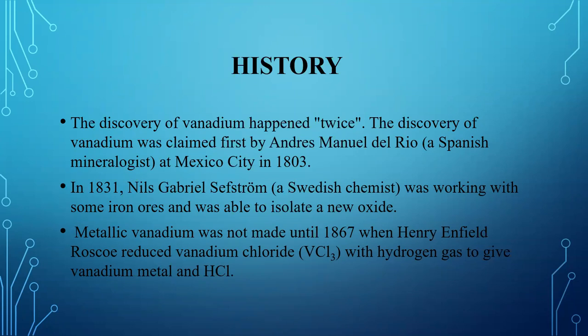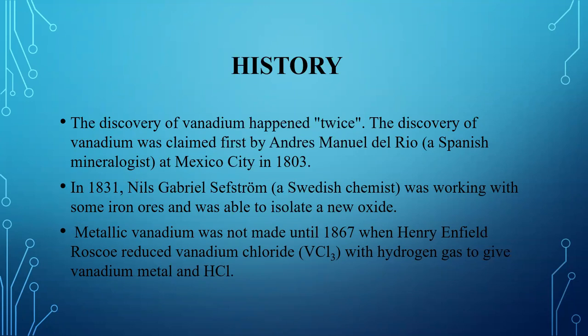contained a brief note describing how much this new element, which del Rio had named erythronium, resembled chromium. Del Rio withdrew his claim when he received a letter from Paris disputing his discovery. Vanadium was rediscovered by Nils Gabriel Sefström, a Swedish chemist, in 1830 while analyzing samples of iron from a mine